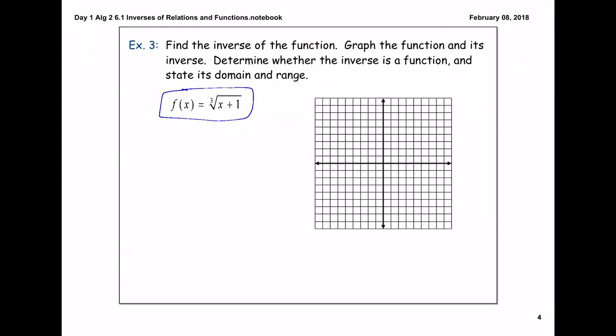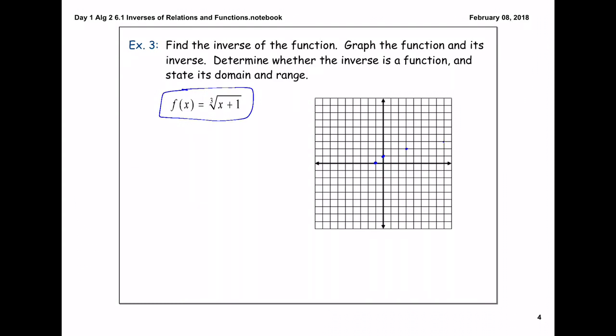Find the inverse of the function, graph the function and its inverse, determine whether the inverse is a function, and state its domain and range. So when we graph the function, the cubed root of x plus 1, our plus 1 moves our graph 1 to the left. When we're graphing a cubed root function, we go up 1 over 1, up 1 over 3,